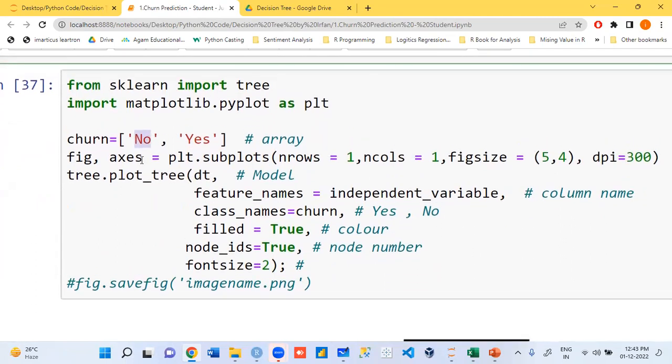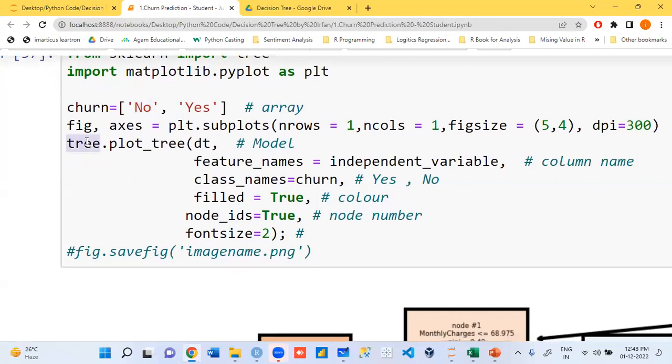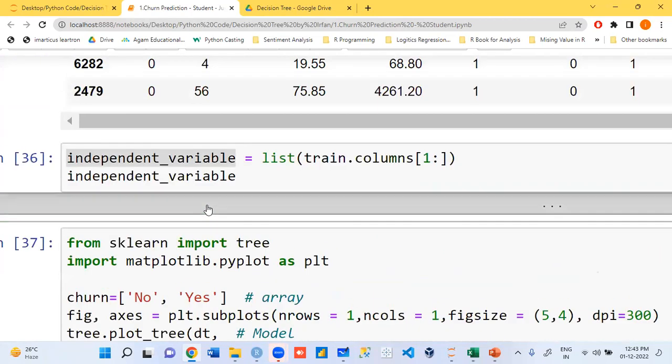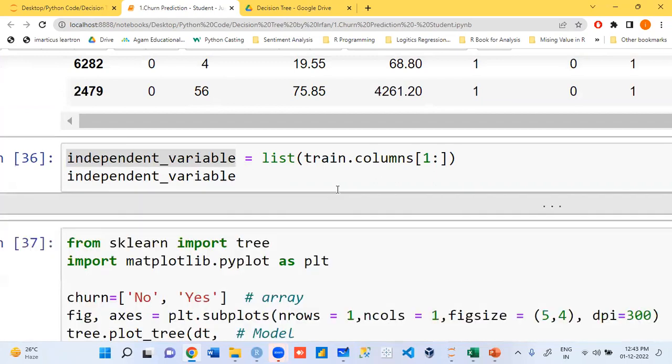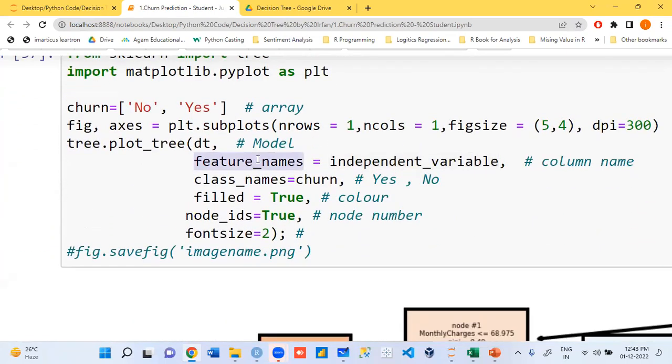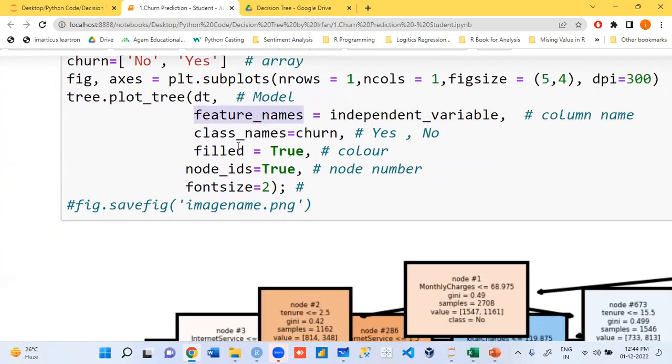Now I want to make a tree. I want to make a plotted tree. Tree is my package. Function name is plot tree. Model name is DT. What do we have as independent variable, guys? Column names. Column names will go in feature names. Class names is your target variable, which is churn, which has yes and no. Filled with color.